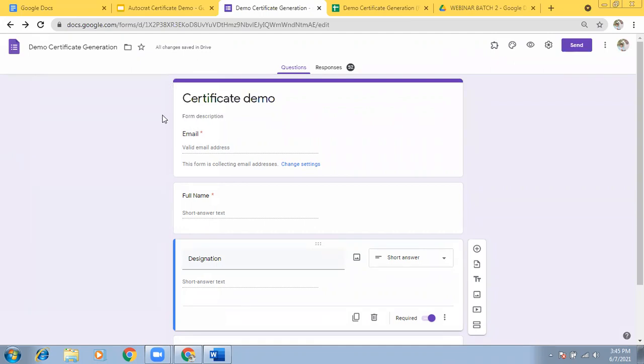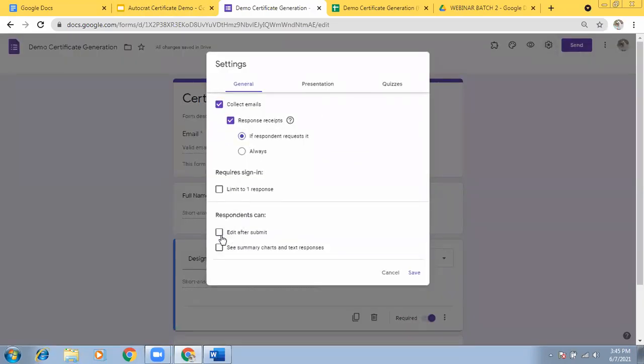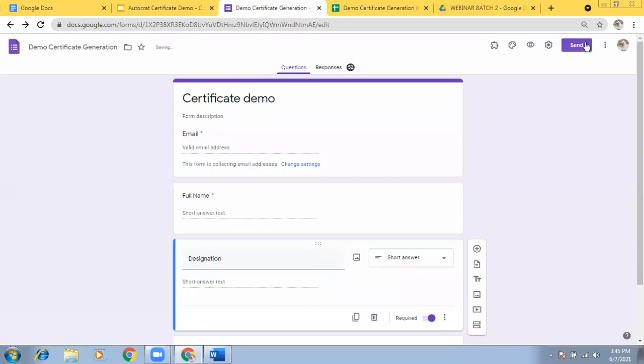No need, ma'am. What you need to do now, you have the form through which you collected the data. You go to settings. Then you just enable edit after submit, save. Then you provide them the same link. So those who had already submitted will be editing it.